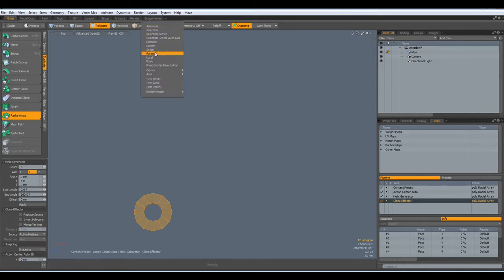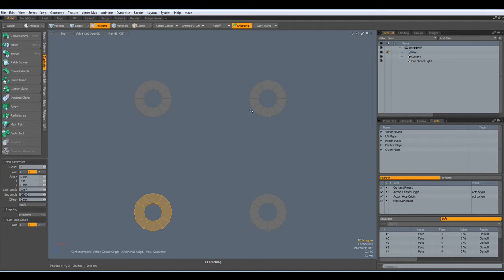Action center is origin and click in the viewport. We don't need this one. And we don't need these. And this. Delete. And we don't need these. And I will just start drawing out the shape of this hinge. It is a typical